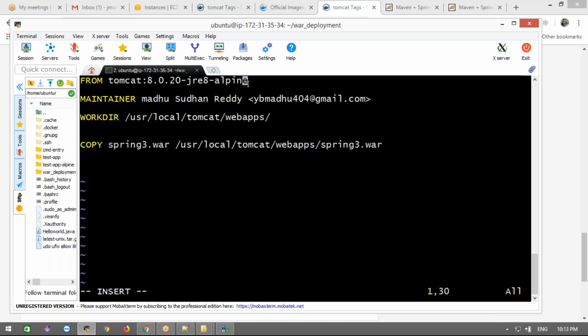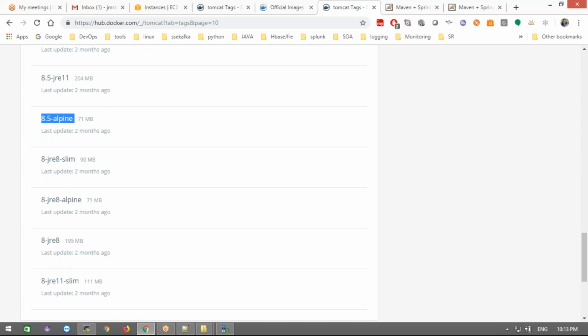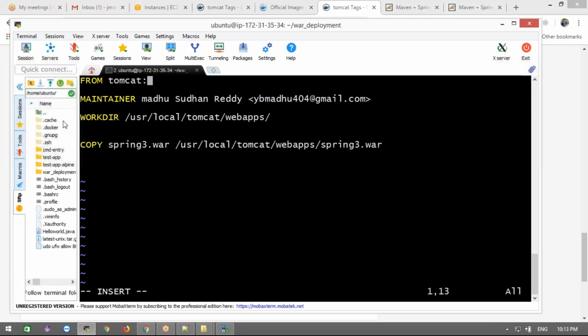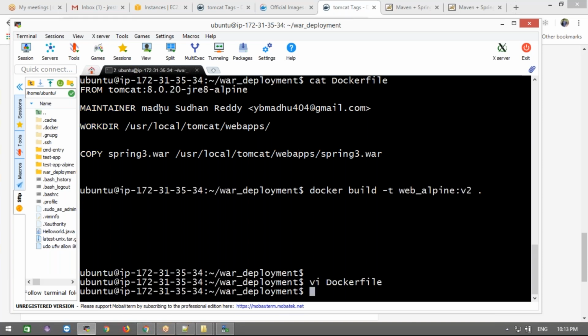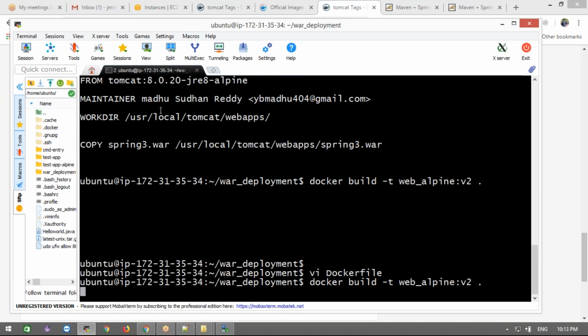Insert mode, Tomcat. What I will take is 8.5 alpine, and I'm going to take alpine. Okay, then save this, and then next I'm going to build this image.